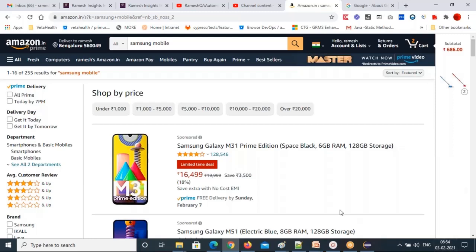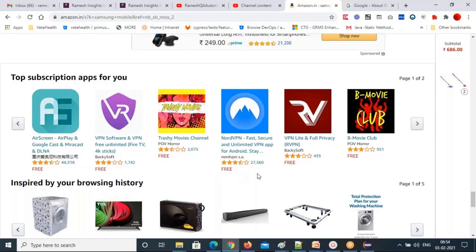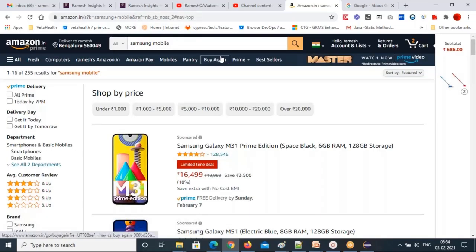Then I'll scroll to this back to top element. After that, I'll click on the back to top without using click. It will go to the top, right? I'll perform the click action, so it will go to the top. These are the actions we are doing on this web page: typing, highlighting, and clicking on back to top using JavaScript click.